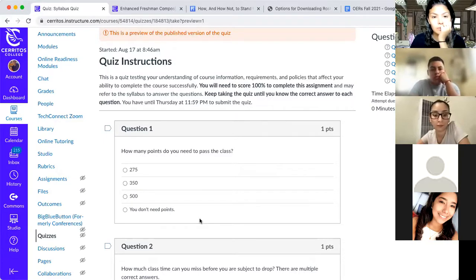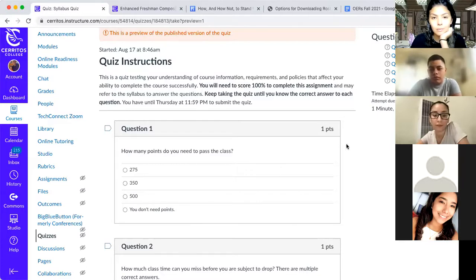Oftentimes these practice quizzes are reflection questions like I just asked you at the beginning of our little session today. So really they're meant to help you get your ideas going with writing, okay? And you should always be able to return to these quizzes to take them again, because like I said, they're practice, or if you wrote something really good and you want to use it for the paper, you go back to it, copy and paste it, and put it onto your Word doc as a way of drafting, okay? So there's a lot of good that can be done with these practice quizzes. This will never hurt your grade. It can only help, okay?